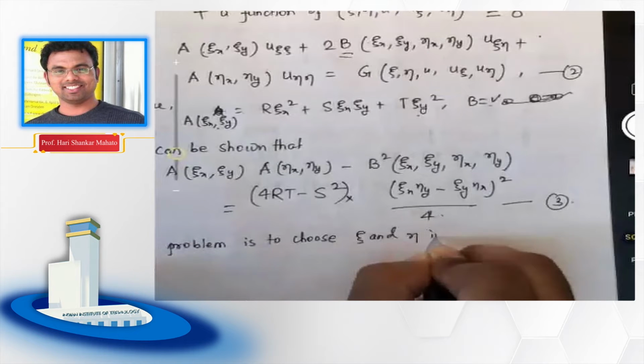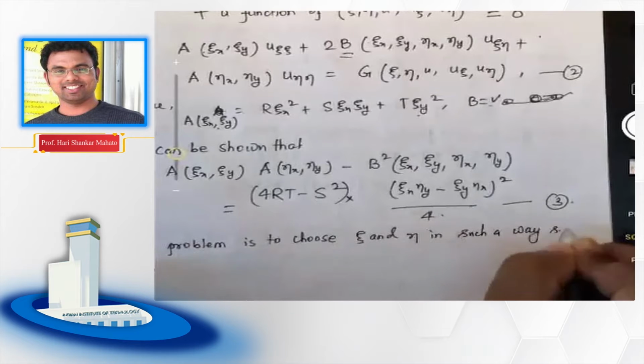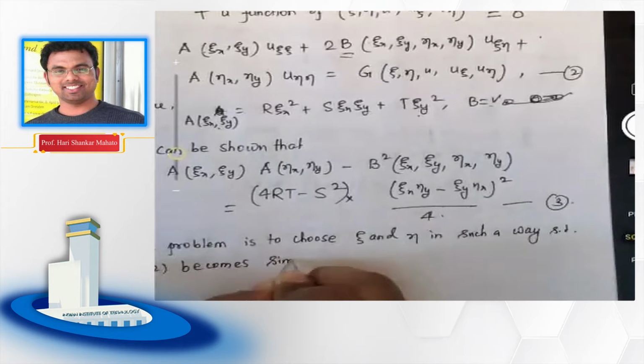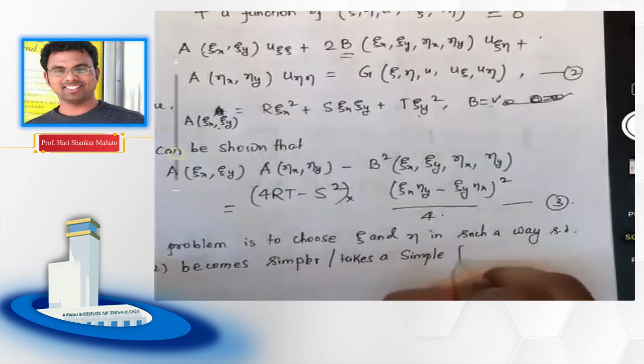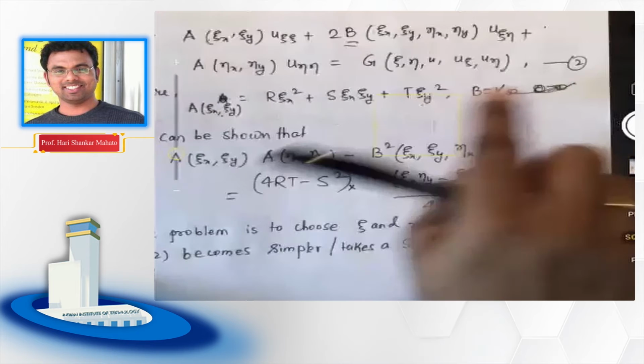in such a way that 2 takes a simpler form. That's it. This is what we have to do. So from here, whatever expressions I have written in 2,